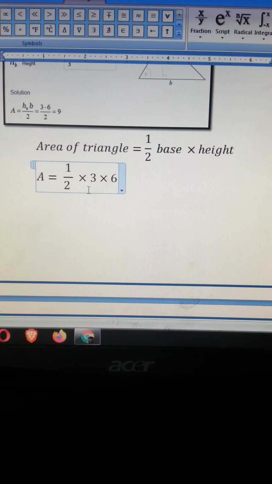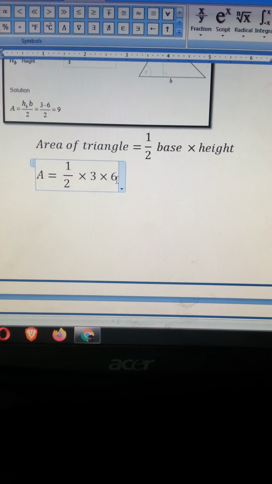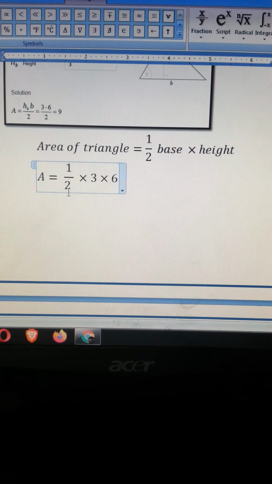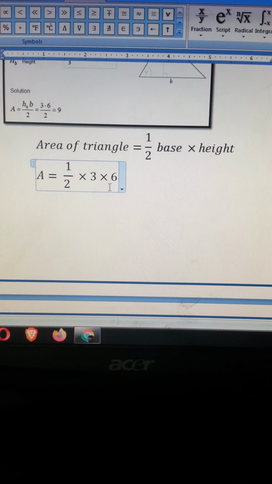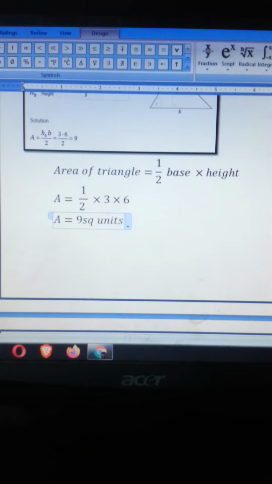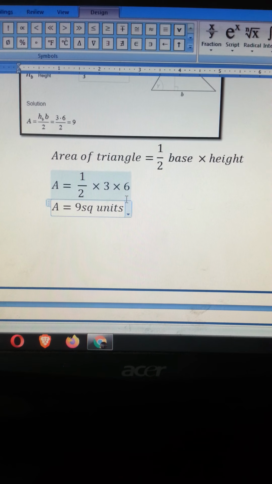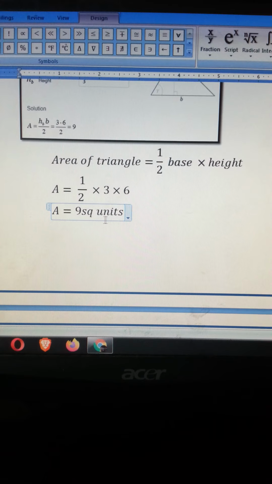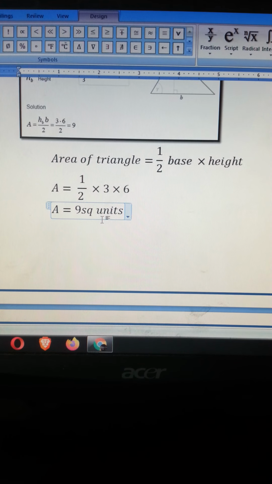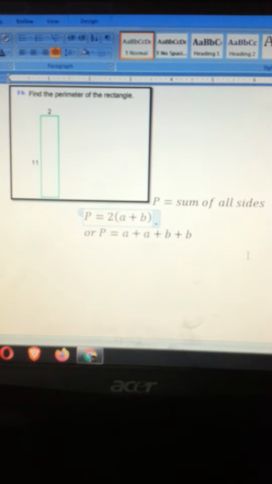Now what I am going to do is simplify it. Either you just multiply it or make it easy for you. 2 multiplied by 6 divided by 2, so it will be 3. So either you just simplify it or just times it. Okay, it's up to you. So this is my final answer. I have just multiplied it, so I got 9. And square unit is the unit for it. So don't forget to put the square unit when you are dealing with areas specifically.